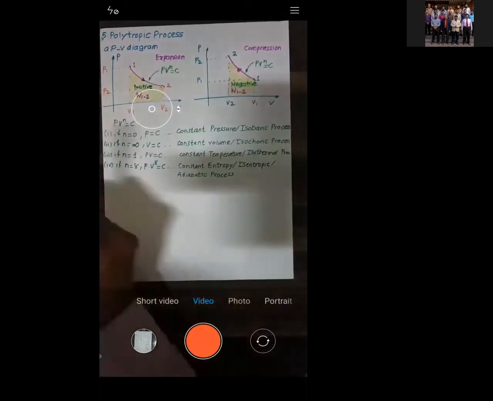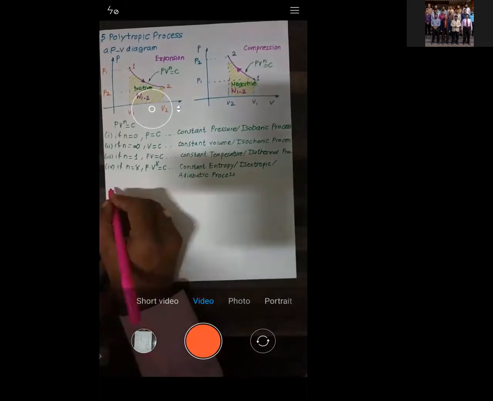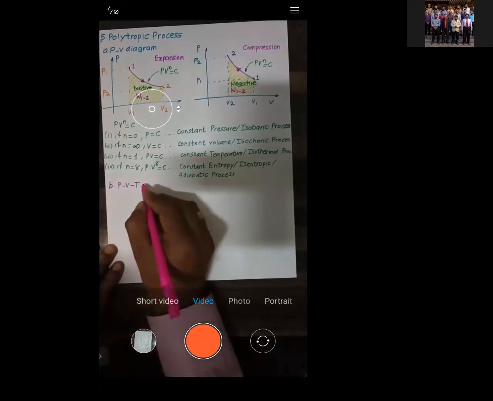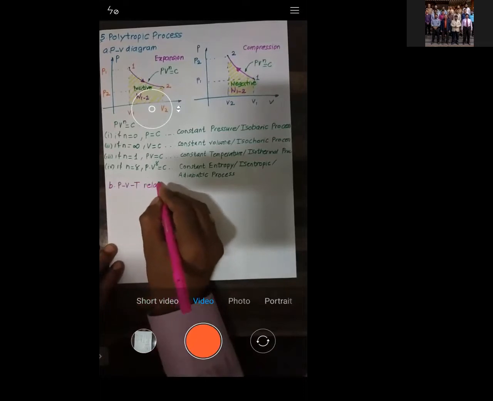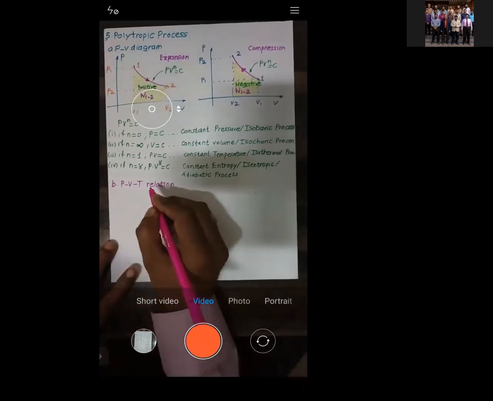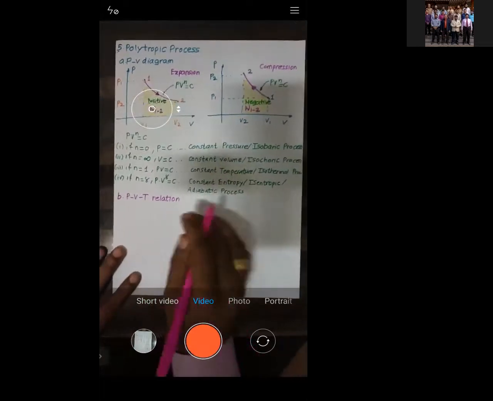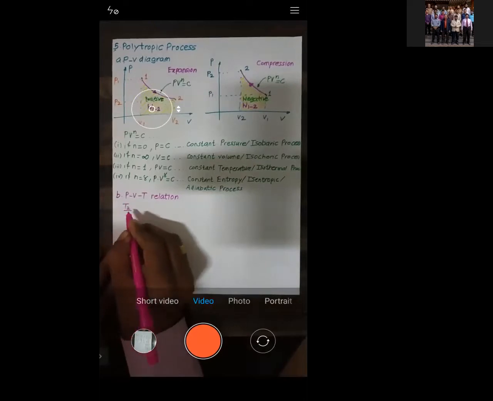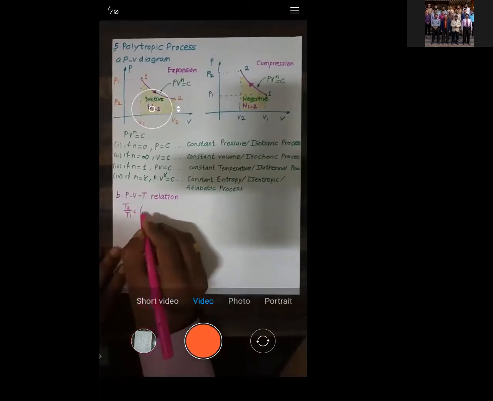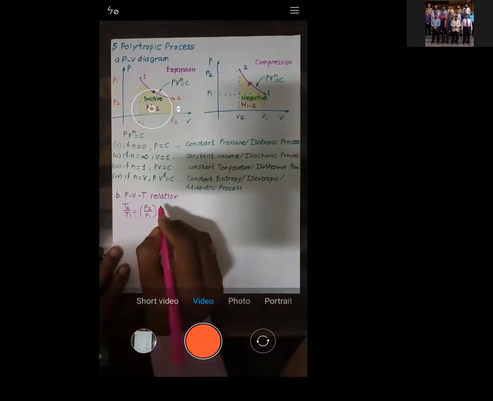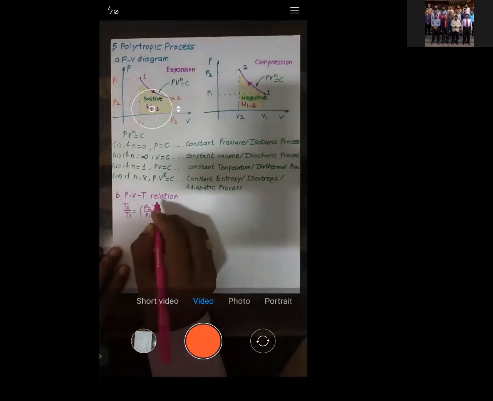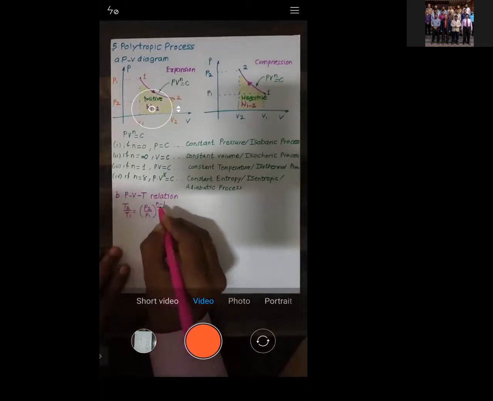Let us start with the second term, that is the PVT relation. What is the relationship between pressure, volume, and temperature? We will just write down the PVT relation; we will not derive it. For the adiabatic process, we have seen the derivation like this: T2 by T1 is given by P2 by P1 raised to power gamma minus 1 by gamma. You might remember it. Instead of gamma, I will write this as n minus 1 by n,